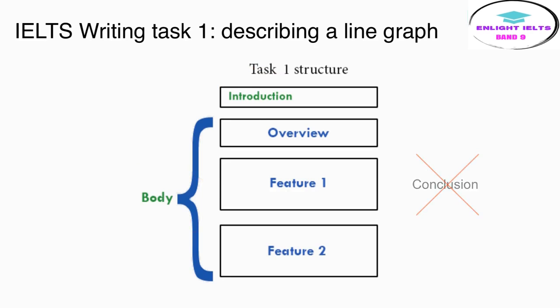So, the first paragraph you write is your introduction. After that, you start writing your body paragraphs. In your body paragraphs, you should, first of all, give something called a general overview. Secondly, give the detail. Now, let's see how you should write each paragraph in order to produce a Band 9